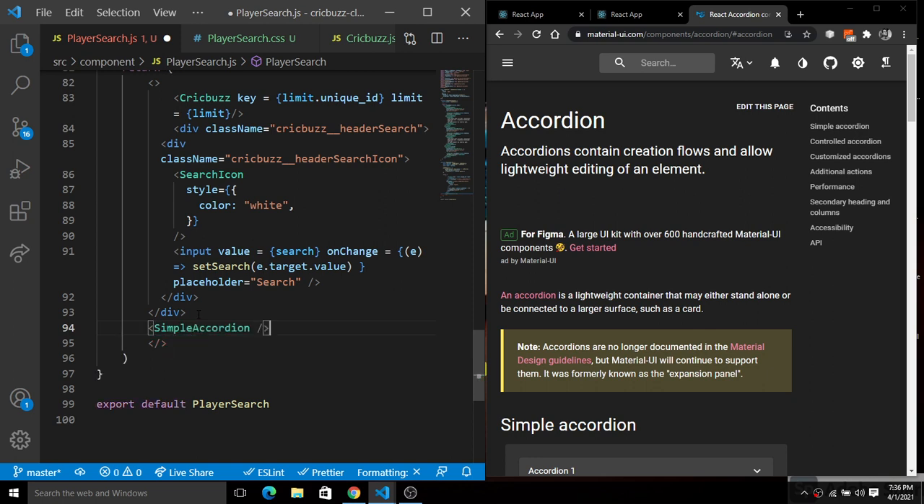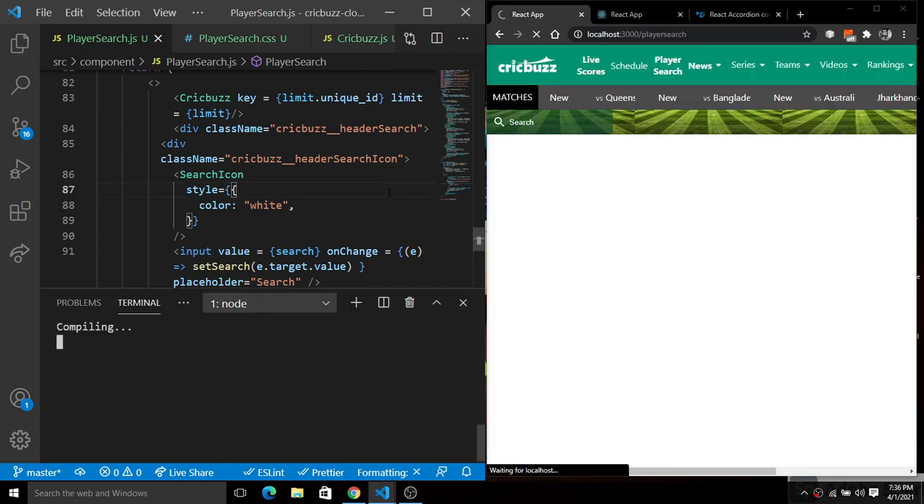Okay, so we have this simple accordion here. Now save this and let's go to the deployed version, refresh this. I think it is still compiling. Okay, so it is compiling, so let it compile first of all. So it is compiled right now. Close this, and here we have this accordion, and when I click on this, so now you can see